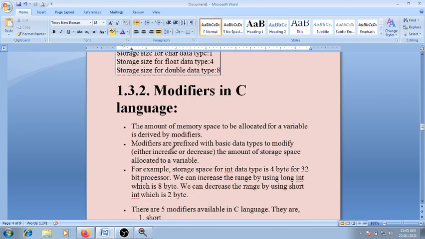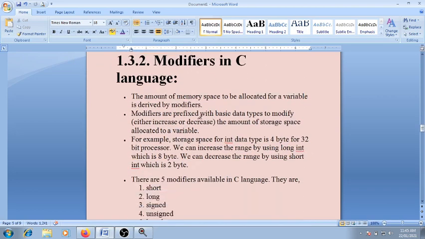Now next one is the modifiers in the C language. The amount of memory space to be allocated for the variable is derived by the modifier. The modifiers are prefixed to the basic data type to increase or decrease the amount of storage space allocated to the variable.